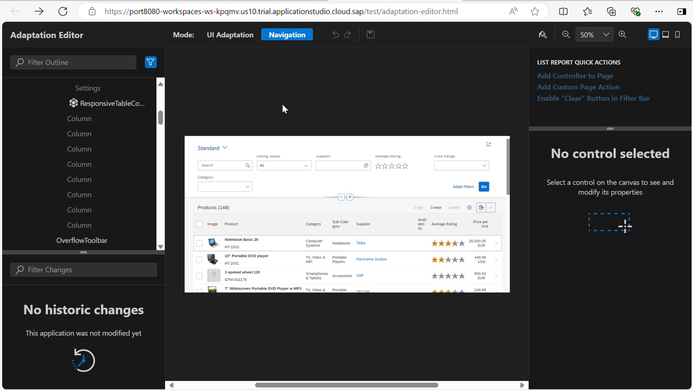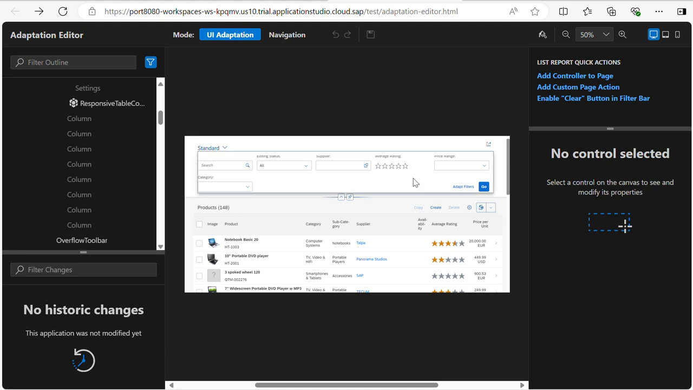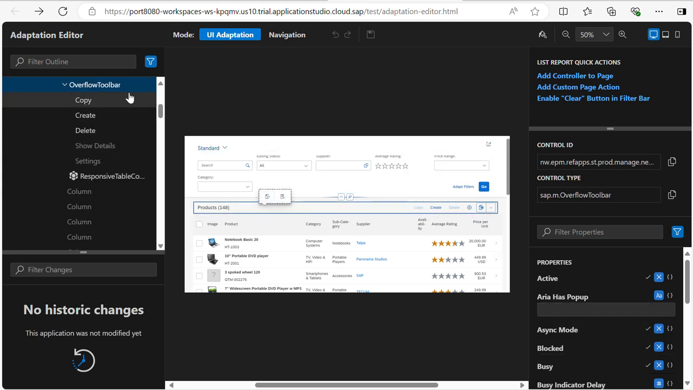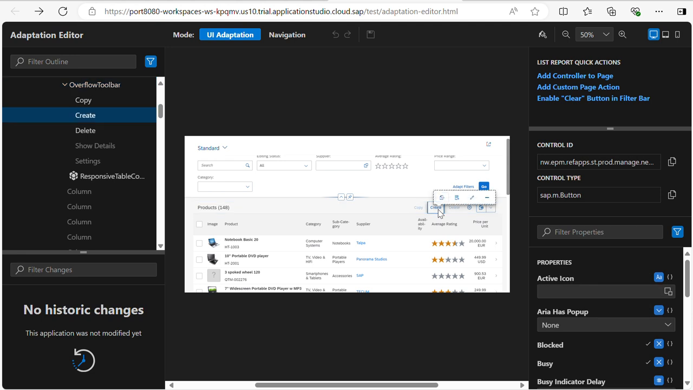Now, what I will do is, let's edit the view. For that, select the UI adaptation. Then if you select it here, that selection's details you can see in the left panel of the component. See, now if I select the table, the overflow table, you can see it here like this. Now what I will do is, let's delete the create button. For that,